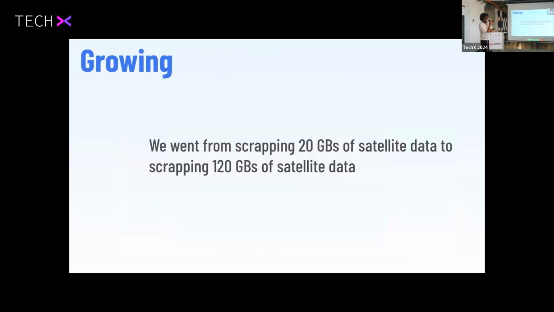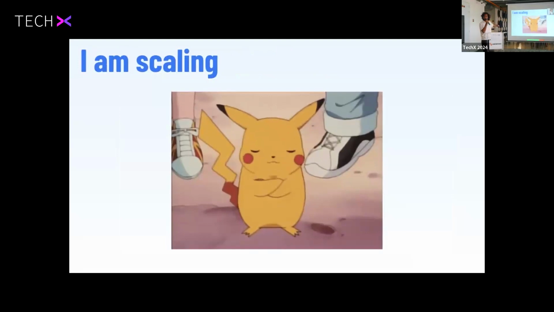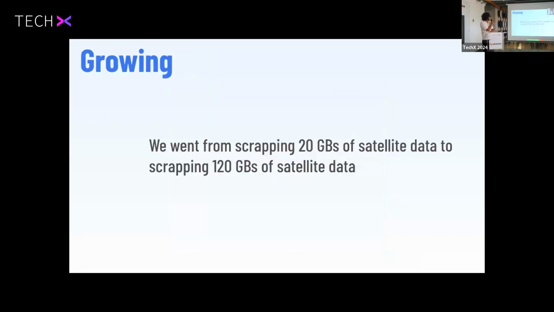So before we move on to this, when we went on to this infrastructure, this was also scaling, right? So I am still scaling. And I'm still not using microservices, EKS, ECS, or any of those fancy things, right? Those are important. They were not important to us. We saved a bunch of money on not using EKS or ECS or any of these things. So we are still scaling.